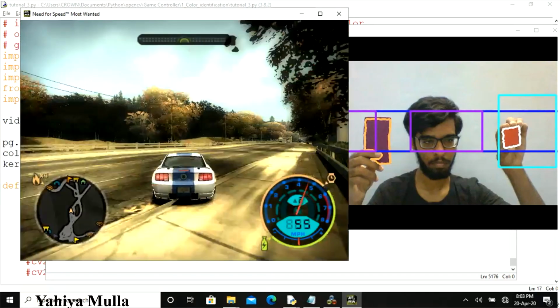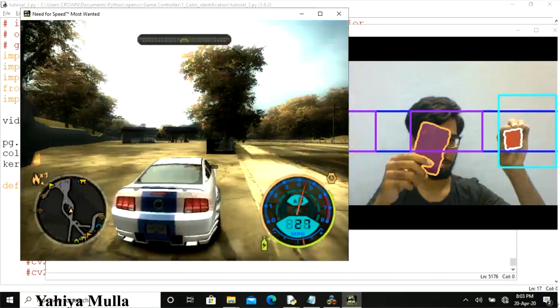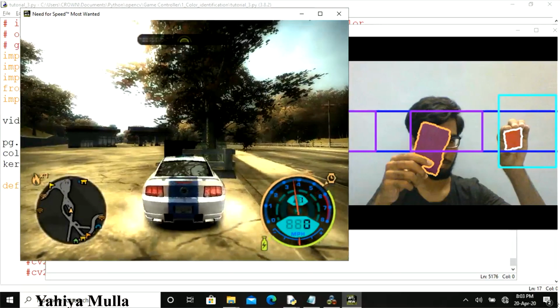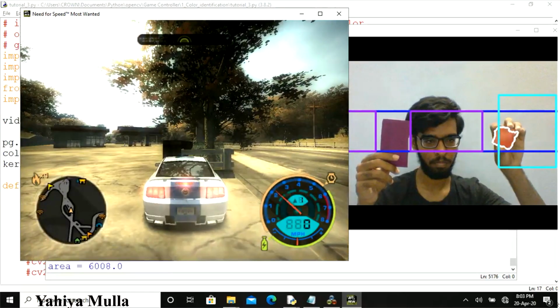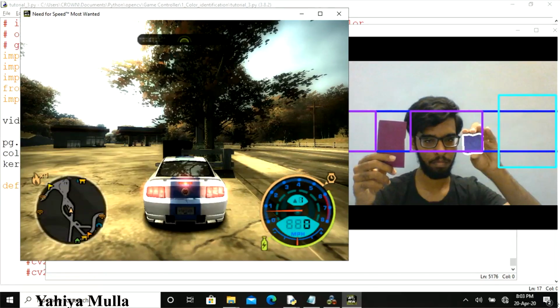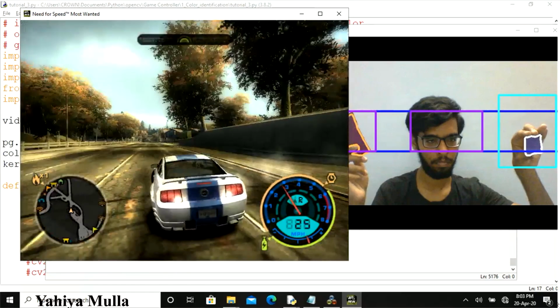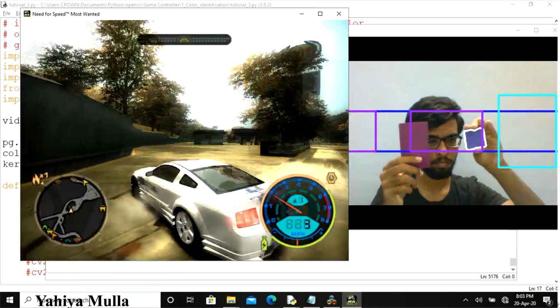Well, the drawback was that I was getting dropped frames, which provided a delay in input to the game, which is not acceptable. And the conclusion is that we can control the game using image processing, and we can also entirely automate the game, which is a topic for a future video.